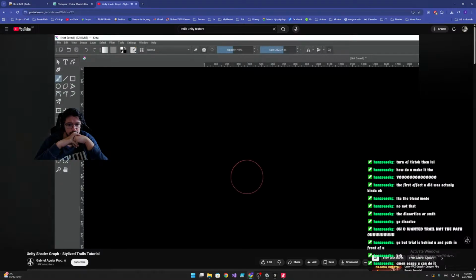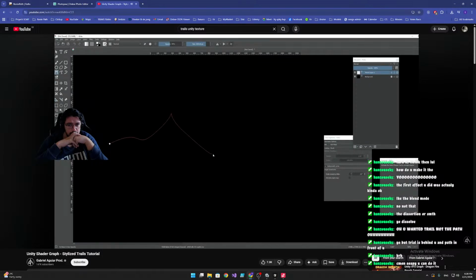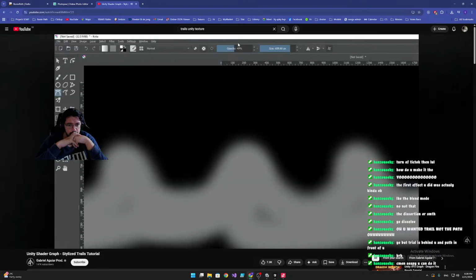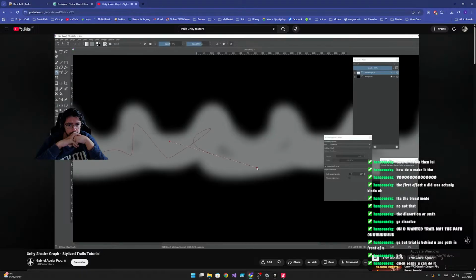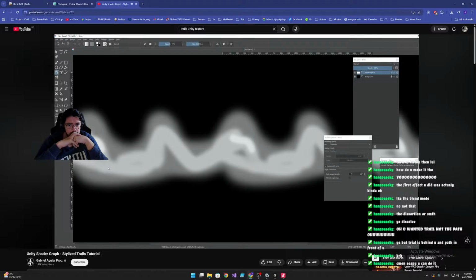Actually, you can press B, and while holding Shift you can increase the brush size, and then you can pick the Bezier curve tool and basically create a random line, a zigzag like this one for example, and then press Enter whenever you feel like it. And now the trick is to decrease the size a little bit and create another line. And repeat this process, decrease the size, and create a few white areas now,